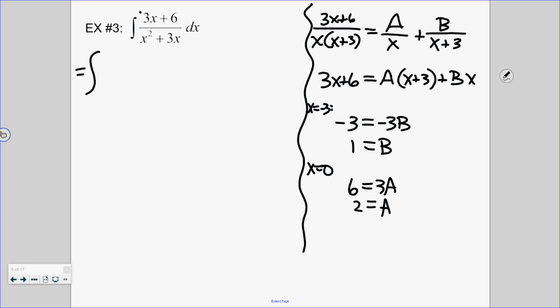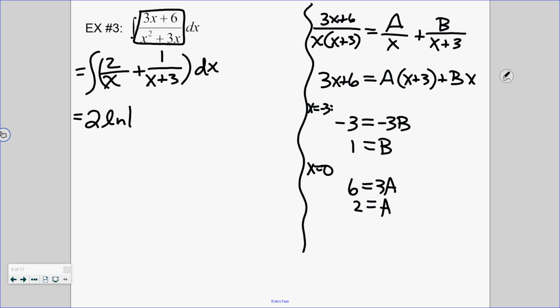Then we go back over here and fill in. We have now rewritten this whole thing as the partial fraction decomposition: a over x, which is 2 over x, plus b, which is 1 over x plus 3, dx. Then we do the antiderivatives. That's 2 ln absolute value of x plus ln absolute value of x plus 3 plus c. Be sure on your homework you're always doing those absolute values, because now you're very unlikely to forget that. We do this enough times. Okay,